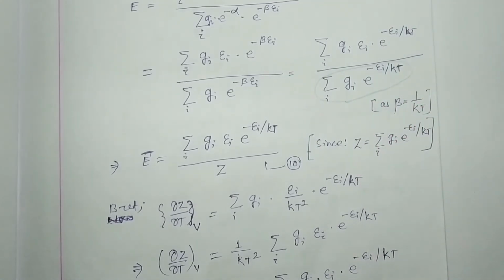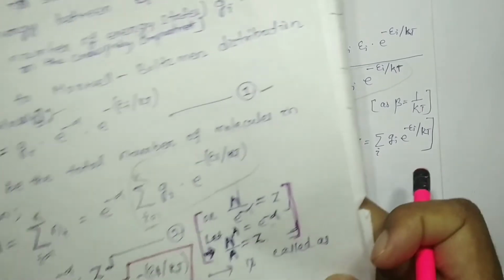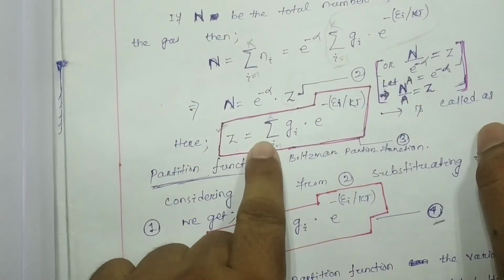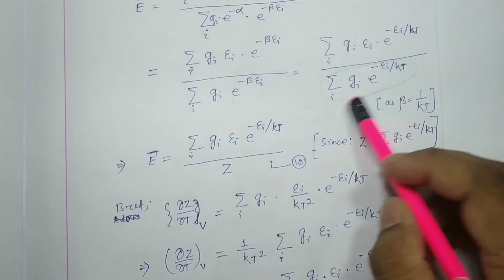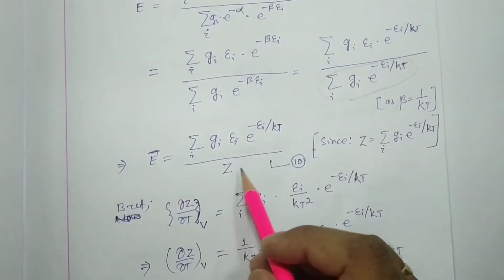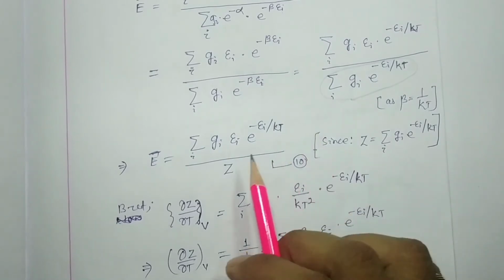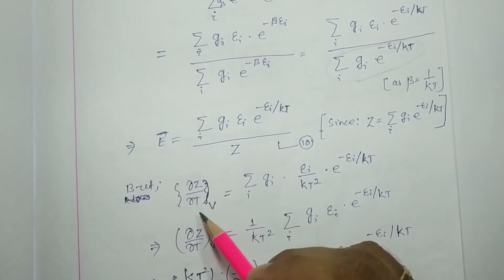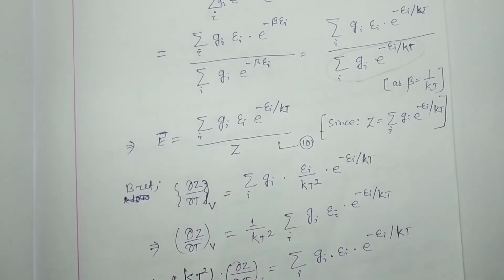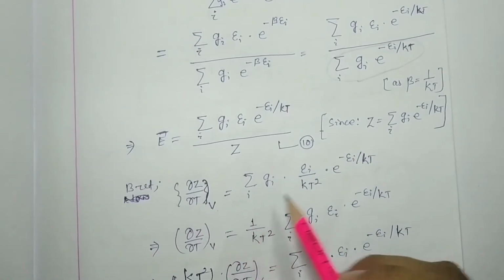Okay, that expression is nothing but your partition function. Check your note. This is your partition function: z equals the sum over i of gi e to the power minus epsilon i by kT. So instead of this we can write z. Let it be your equation number 10. But if we consider del z by del t at constant v, then we found that,